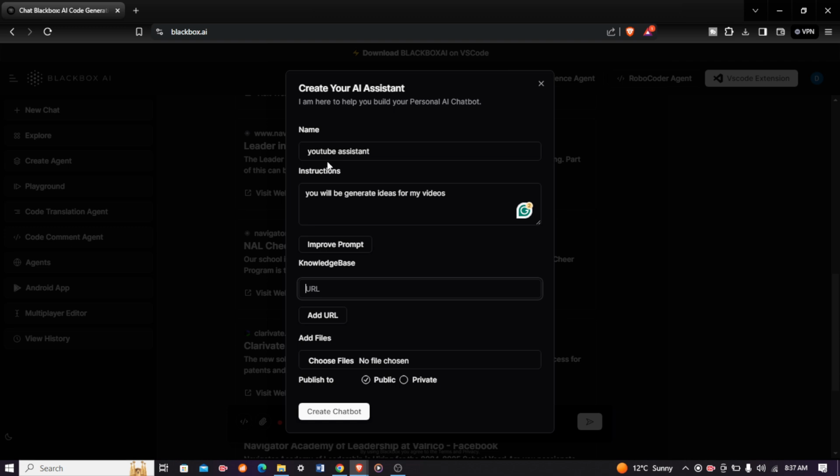Once you are done, you have written the name, the instruction to the AI, and then the knowledge base. You can come and click add files. If you want the AI to have any files in it, you can come and add it, but it's not a must again. And then before you create your chatbot, you will be asked, do you want to publish it